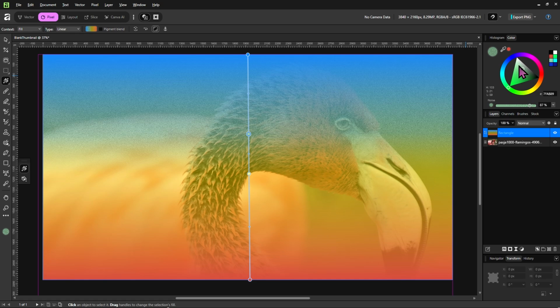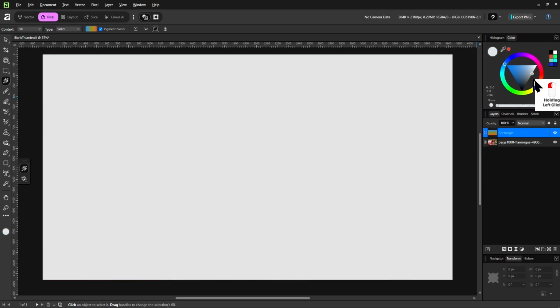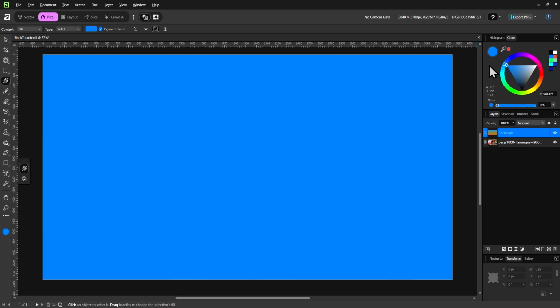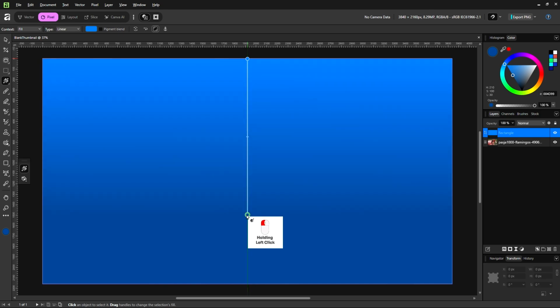And that's important because if we don't have any of these stops selected, we can deselect all stops by clicking anywhere without a stop, then changing the color on the color panel is just going to get rid of that gradient and turn it into one solid color. Now let's go back and make another gradient, and I want to show you something else that you can do.